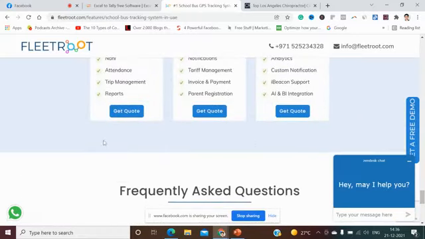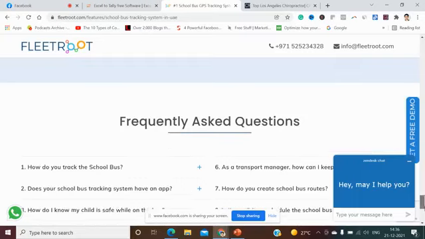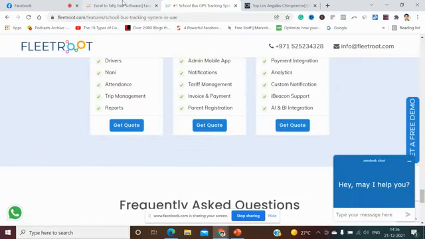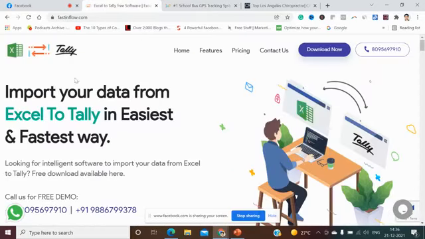See "Get quote", we have also added the CTA as get quote, so we have added two options, free demo and get quote now. I hope this is clear. I'll take you to one more, the Fasting flow. This is one of our sales funnels. Initially what we have done is we have added the hook, "Import your data from Excel to Tally